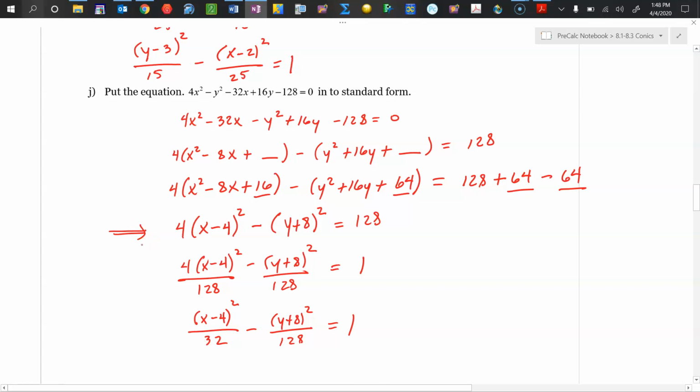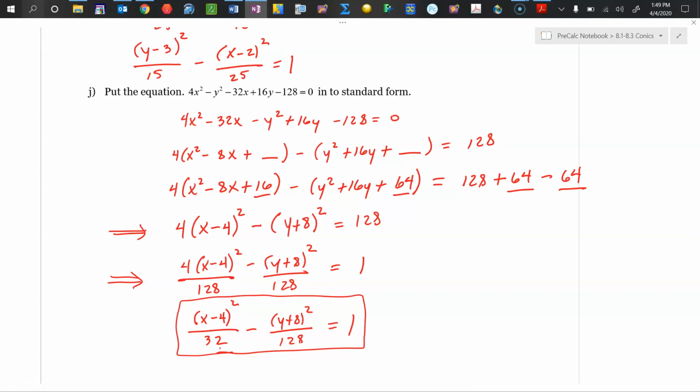We have to divide each term by 128 to get it into standard form, and when we get to the line after that right there, we have to simplify the 4 and the 128, and 128 divided by 4 is 32. So the final answer is x minus 4 quantity squared over 32 plus y plus 8 quantity